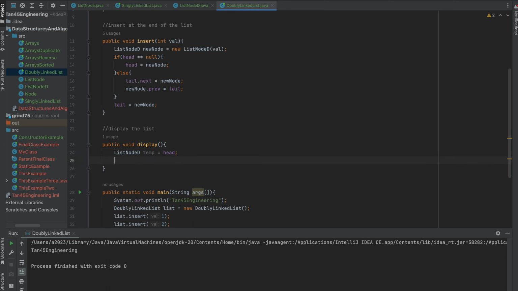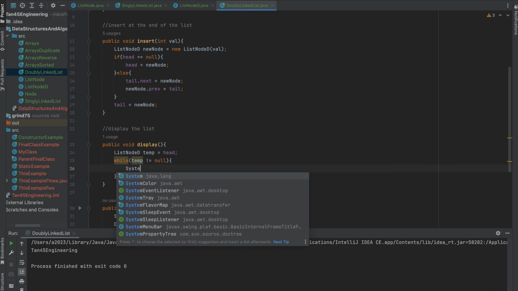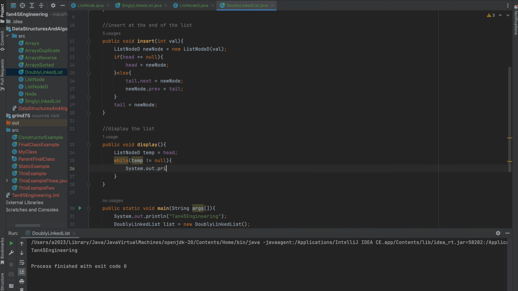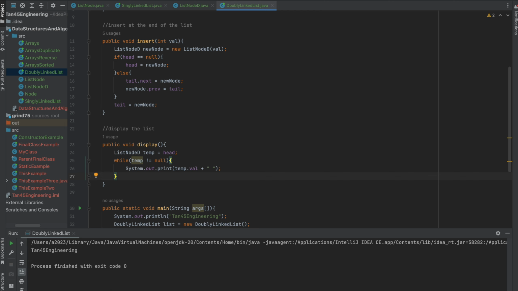List node temp is equal to head. We'll do the same check: while temp is not equal to null, we'll say System.out.println, not println with ln, we'll remove the ln, that is for next line, and we'll say temp.value plus some space. And once we have printed this value, we'll move temp: temp is equal to temp.next,